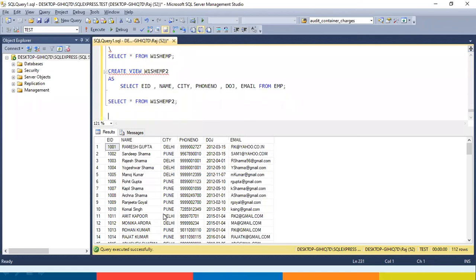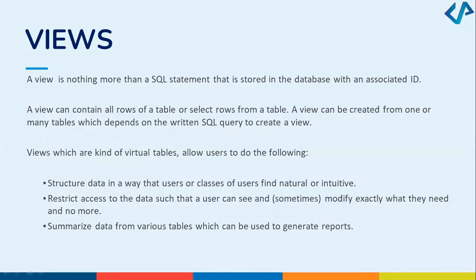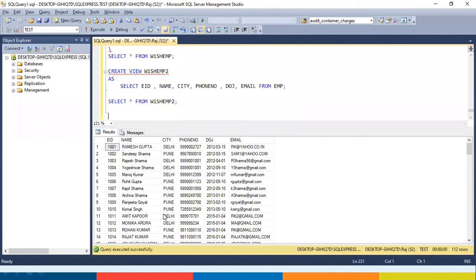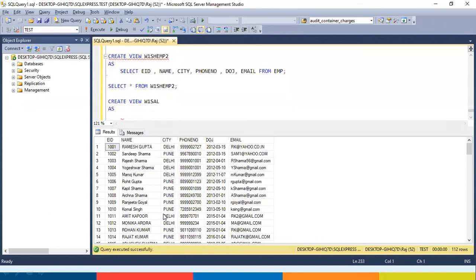Okay, then the third point and the most important point: summarize the data from various tables which can be used to generate reports. Most of the time we will use the view for this particular purpose. So let us create a view for the creation of the report. So I will say create view, view name as